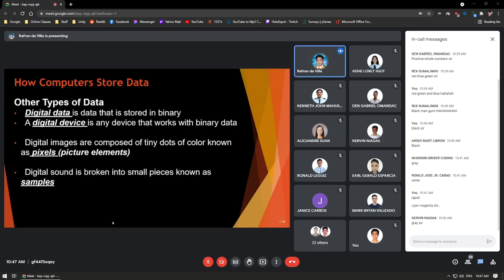Now, digital sounds are broken into small pieces known as samples. We know that sound is an analog signal. When you say analog signal, it is continuous. So your sound will be represented by something like this. Now, when your computer stores that information,